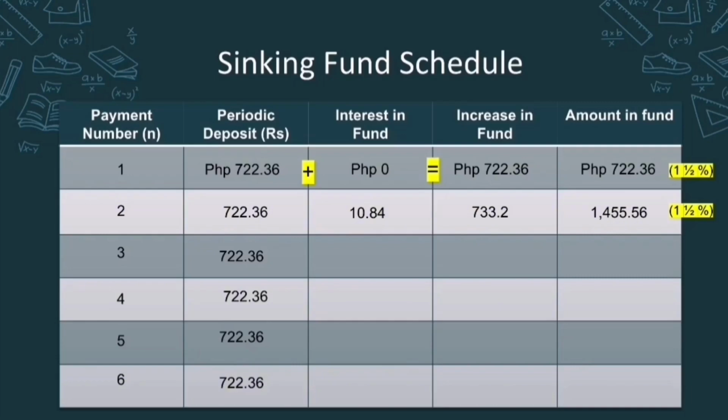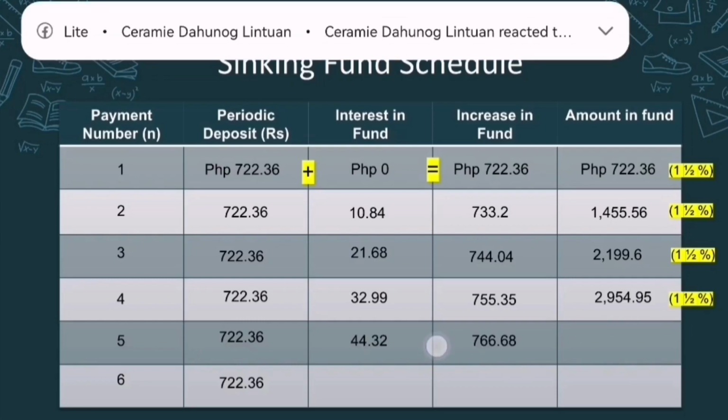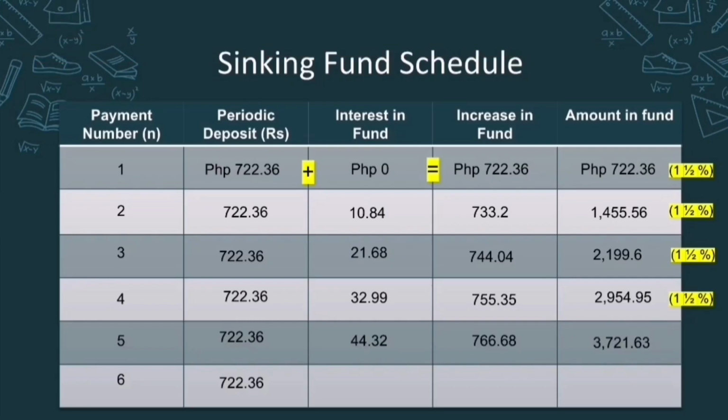So let us just repeat the process. Multiply it by our i, and we will have the interest in fund, which is 21.68, and then add it to the periodic deposit, and then add the increase in fund to the previous amount in fund. So here we can see the process. It's just repeating until we reach the sixth payment number. Here the increase in fund is 55.82. Let us add it to the periodic deposit, and we will have 778.18. And we will add it to the previous amount in fund, and we will have now the